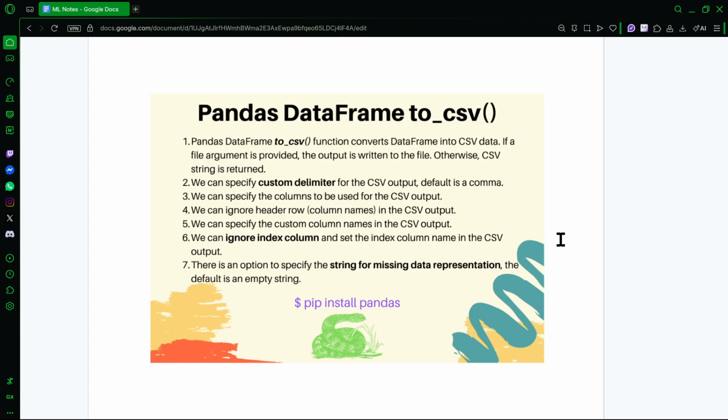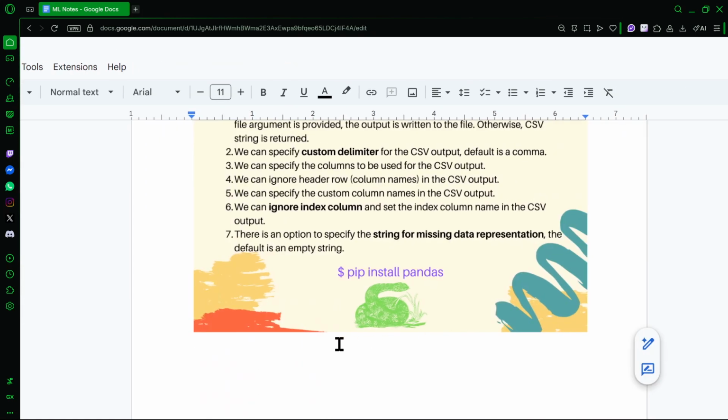The inbuilt method that we have to convert any kind of file, a CSV file, an Excel file, or some other kind of data, into a data frame, and we also have functions that can convert the data frame back into those files. For example, if you have a data set, you will use a function called load CSV, which is nothing but your function to load